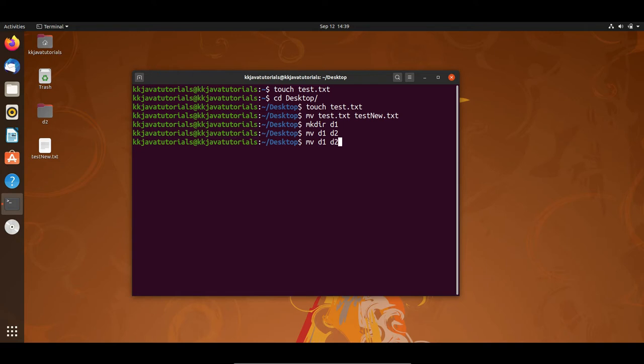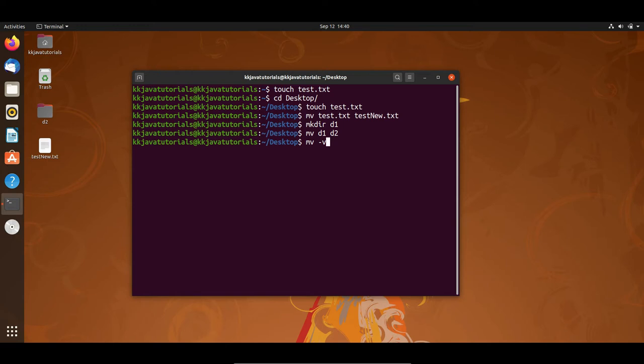Now let's say I have one file called test_new.txt, and I would like to rename it. When I run the mv command, I want to know what happens behind the scenes, how mv works internally. For that you can specify the flag -v. V stands for verbose, so this will give you extended information.